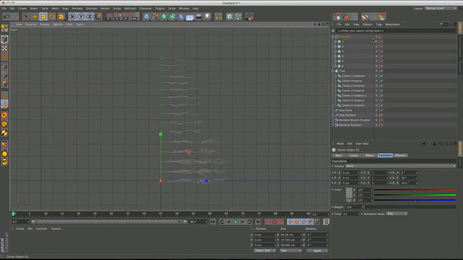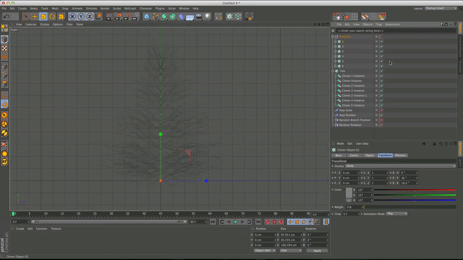So let's enable them back. And maybe I want this one to point a little bit more to the top, as well as this one, and as well as this one. Okay, so now we have this kind of even distribution of the